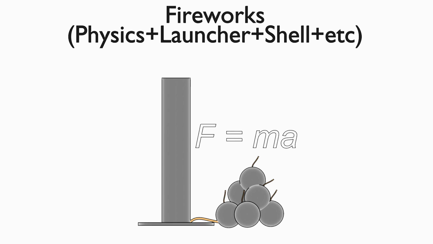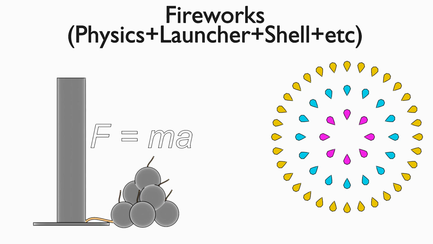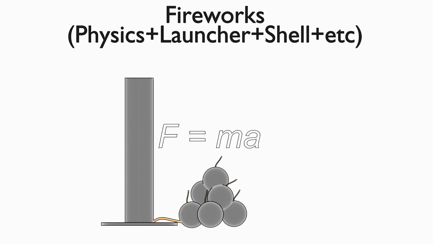Okay, so just to explain, here's an illustrated representation of our node tree. We've combined things like physics, shell design, launcher, shader. All these basically affect each other and result in a firework system, just like real life. Now, it would be a waste of time to recreate all of these, just because we want to see differently